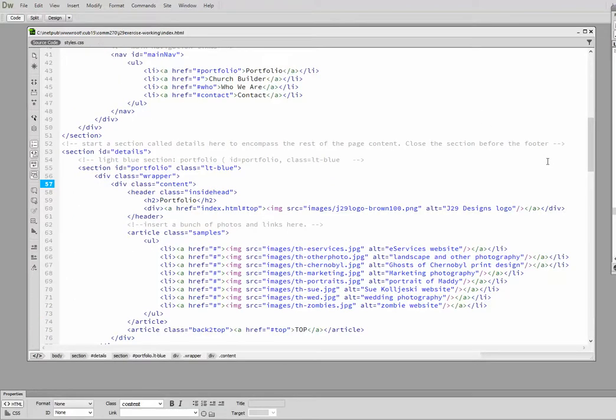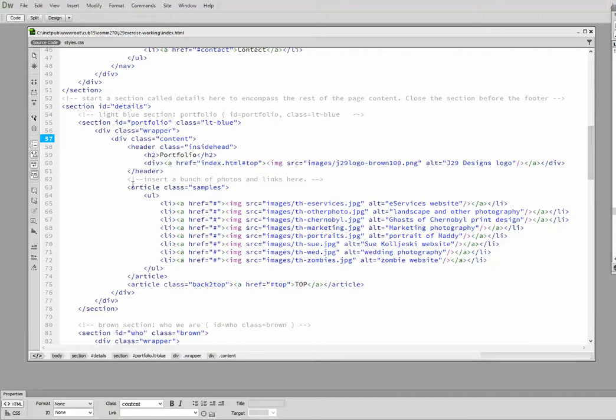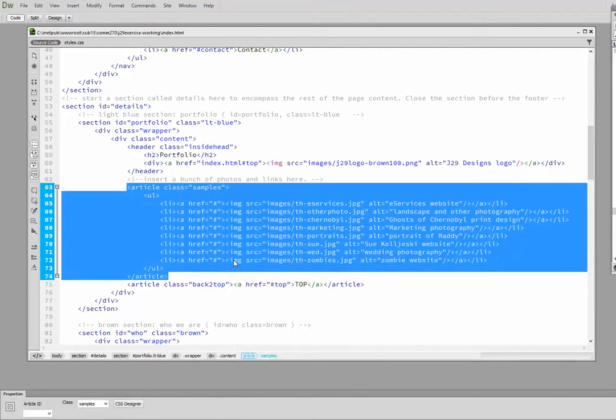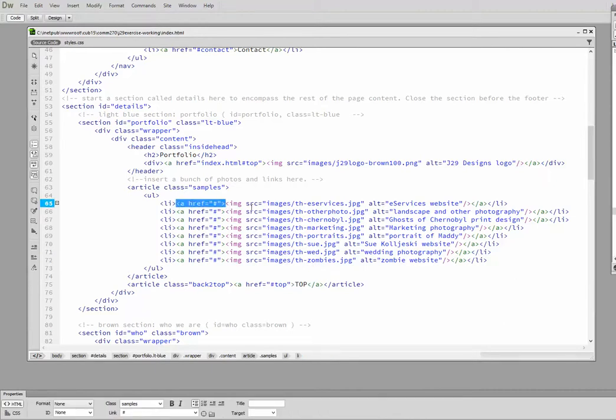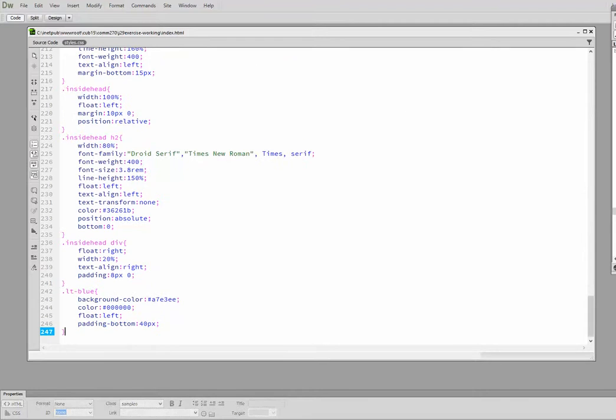And the source code, if we take a look at that, the samples article is done in an unordered list, and each of those pictures is inside a tag, so they become links. So this is kind of a normal sort of navigation thing that we're setting up here. If we think of it as just navigation buttons, that should make it easier for us. So coming at it from that perspective,